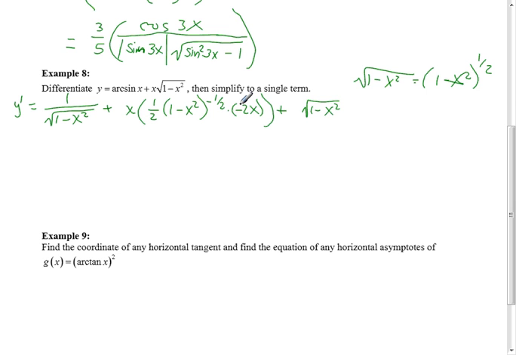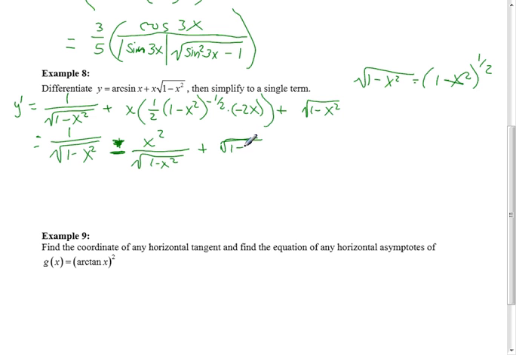Alright, it's definitely not a single term yet, but maybe we can simplify that middle part a little bit and it'll look a little nicer. So we have 1 over square root of 1 minus x squared plus, alright, 2 over 2, that gives us 1. We have a negative, so I'm going to change that plus to a minus. So ignore that that's right there. Alright, this is to the negative 1/2 power, so that's going on the bottom, and we have x times x, so that's x squared. So we have the square root of 1 minus x squared on the denominator. Alright, and our last part is square root of